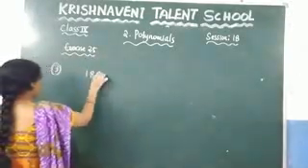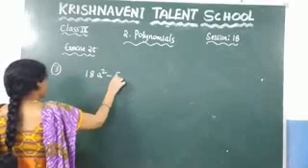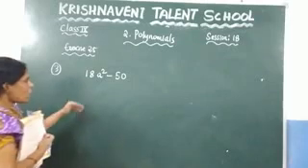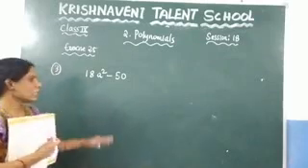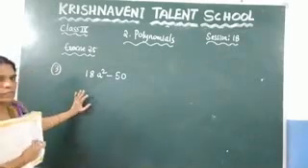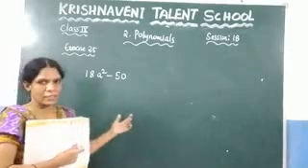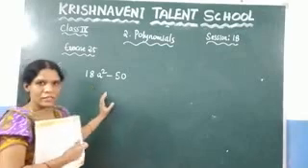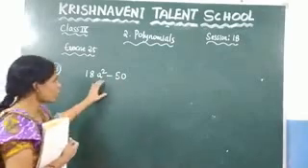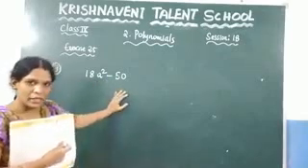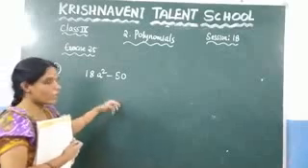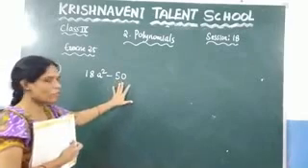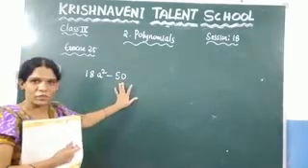18a square minus 50. So here, how do you solve this one? Here, clearly you can see that we cannot apply any of the identities directly, because it is in the form of, now you came to the idea that you can express it in the form of a square minus b square. But here you cannot find any value such that if you multiply the same value, you will get the number 50. That means you cannot find the square root of 50, right?